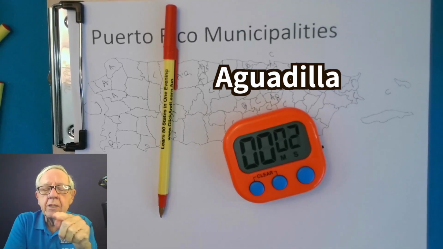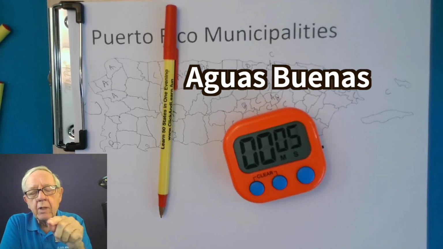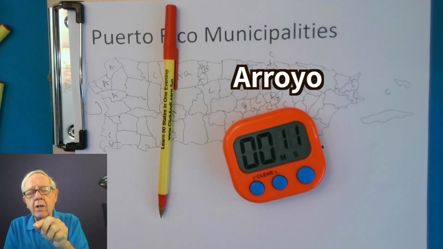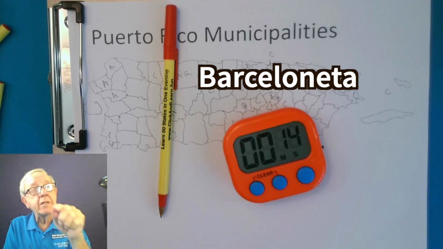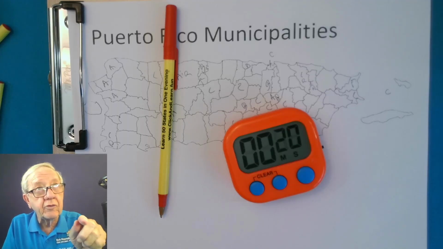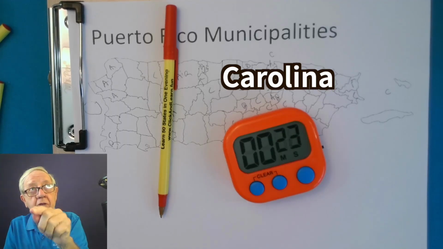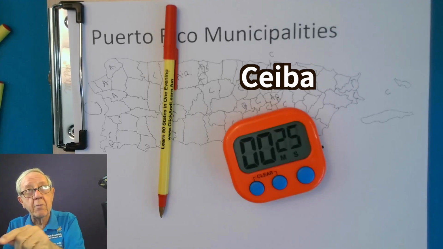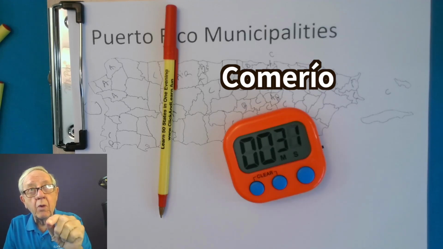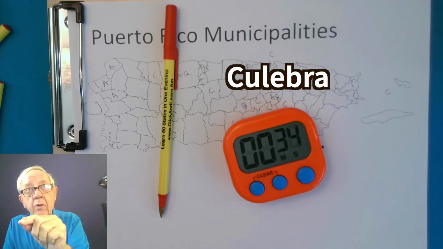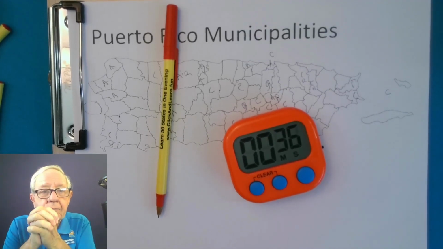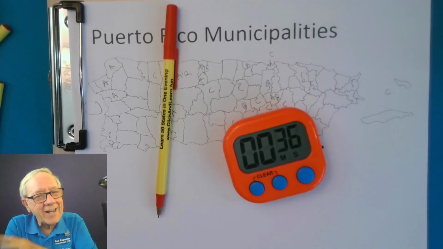Adjuntas, Aguada, Aguadilla, Aguas Buenas, Aibonito, Añasco, Arecibo, Arroyo, Barceloneta, Barranquitas, Bayamón, Cabo Rojo, Caguas, Camuy, Canóvanas, Carolina, Cataño, Cayey, Ceiba, Ciales, Cidra, Coamo, Comerío, Corozal, Culebra, Dorado, Fajardo, and Florida. Okay, I did not beat the clock, and I am not surprised